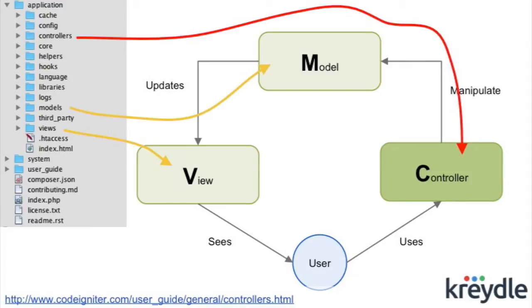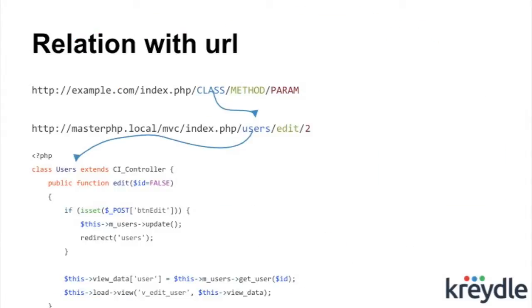Okay, this is our URL. Okay, in coordinator actually we have example.com. First is index.php. All requests will go to index.php. No matter you type users, you type products, you type anything, you will go to index.php. So the first